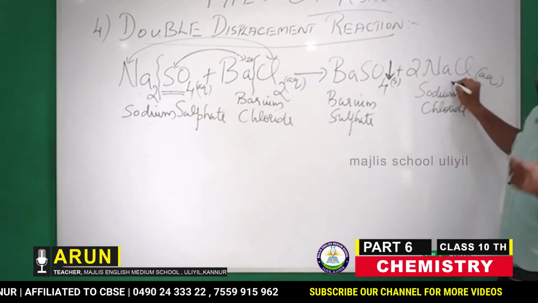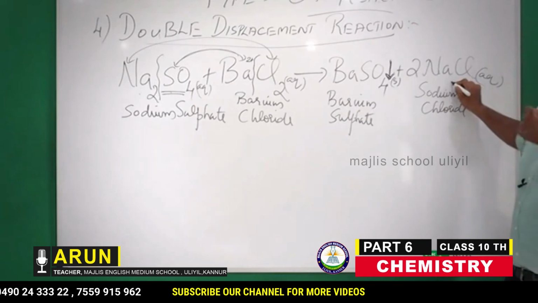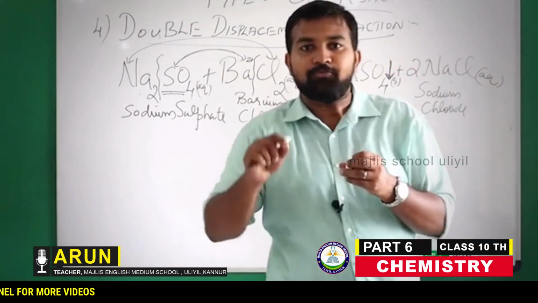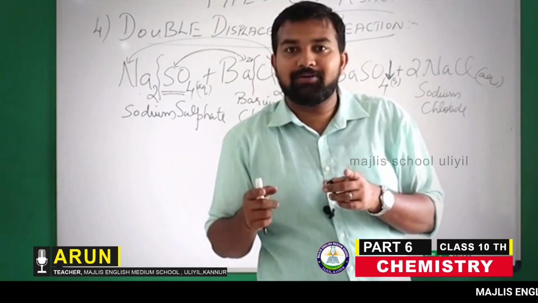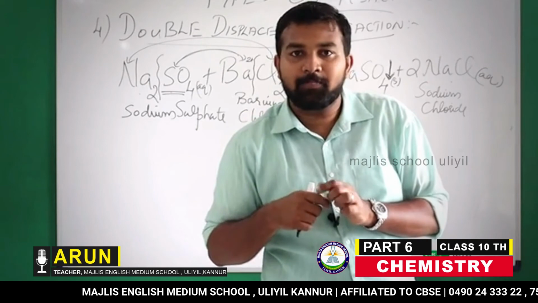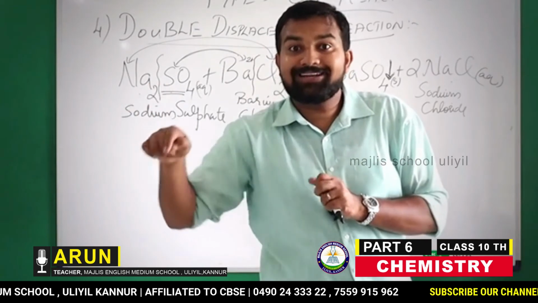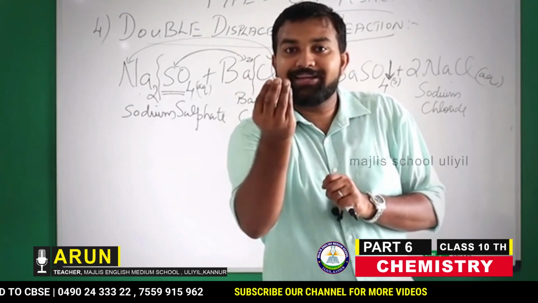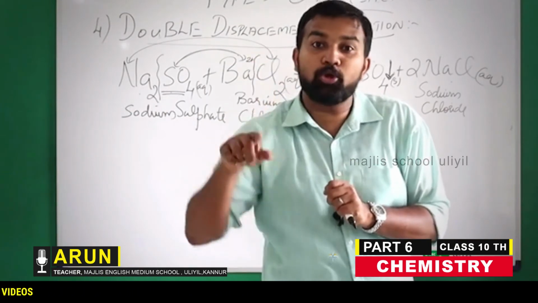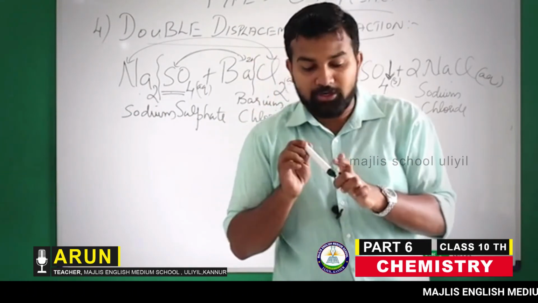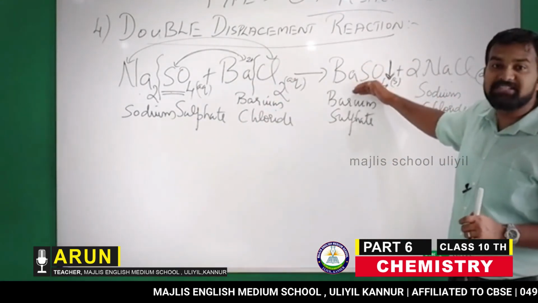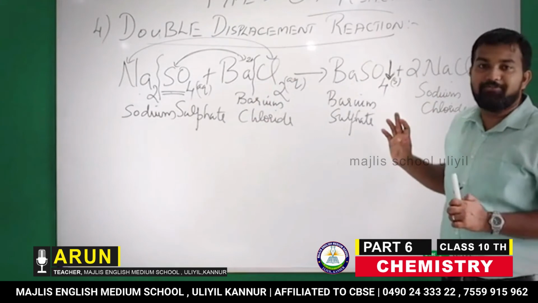And sodium chloride, we know, is the common salt. If we mix this common salt in water, what will happen? The sodium chloride will dissolve in water, isn't it? So in the reaction, there was some water, and the sodium chloride was present in soluble form in water. And the precipitate which you have seen is barium sulfate.